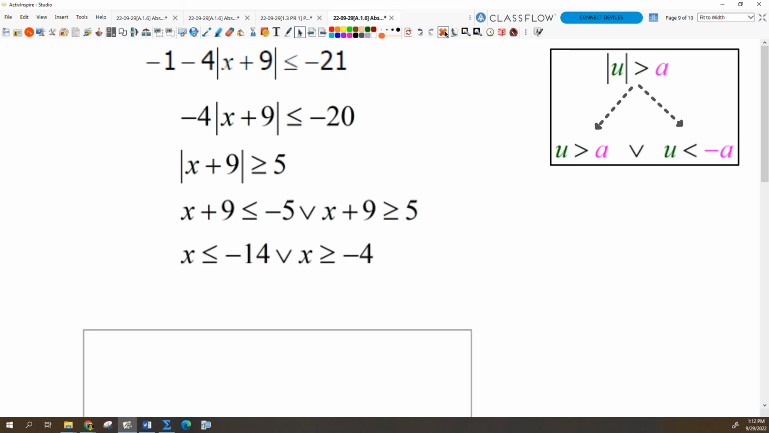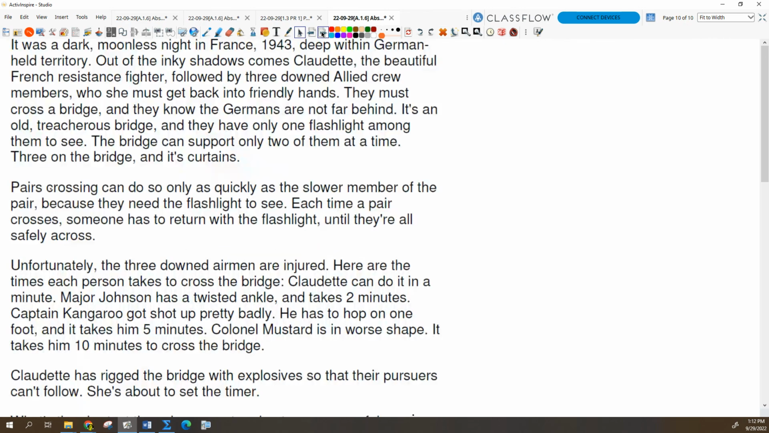Okay? All right, so I have just a little challenge for you. This is not a math thing. This is kind of a puzzler challenge problem. Okay, this is for Monday. It's not required. But if you get this correct,